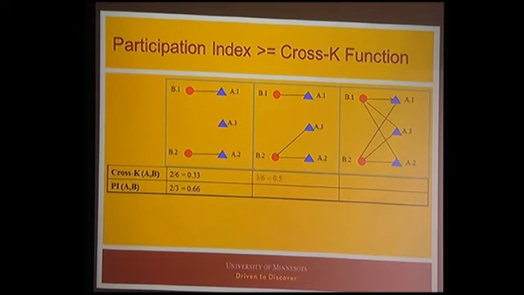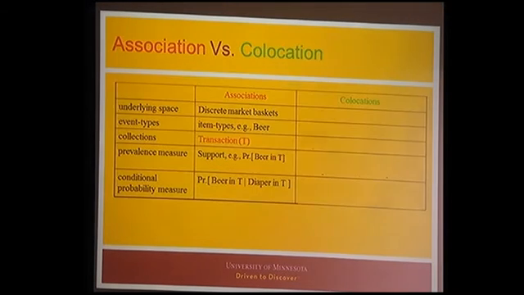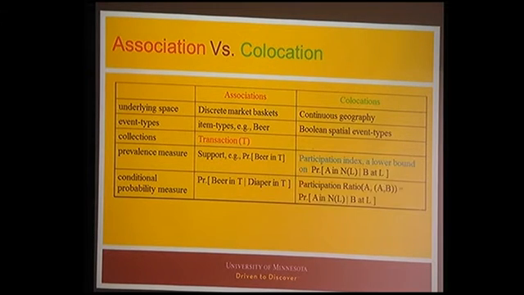Okay. If I am in this space, notice that any B I see an A, any A I see a B. So this saturates. Cross K has not saturated. Okay. And finally cross K saturates. So you can interpret both differently. So the basic difference is that in collocation, instead of transactions, we use this notion of neighborhood graphs,